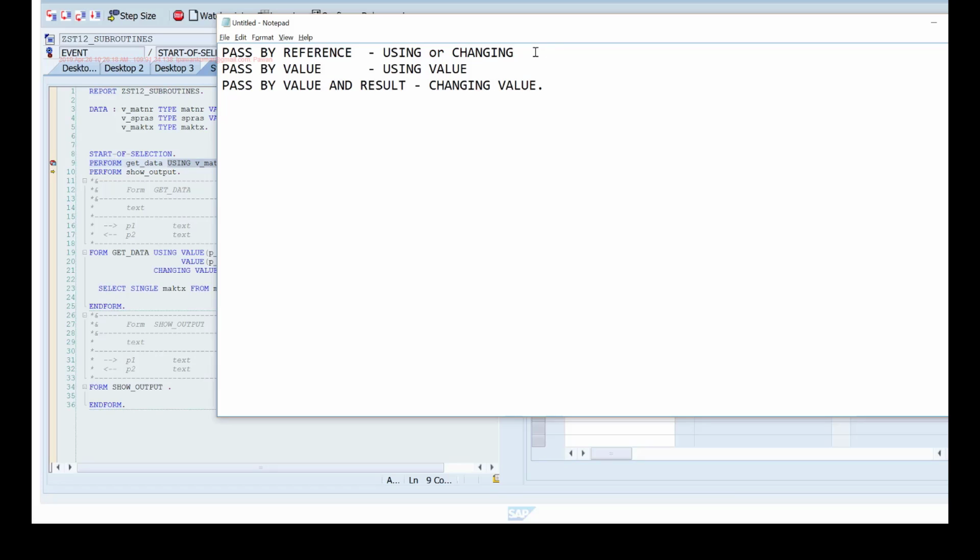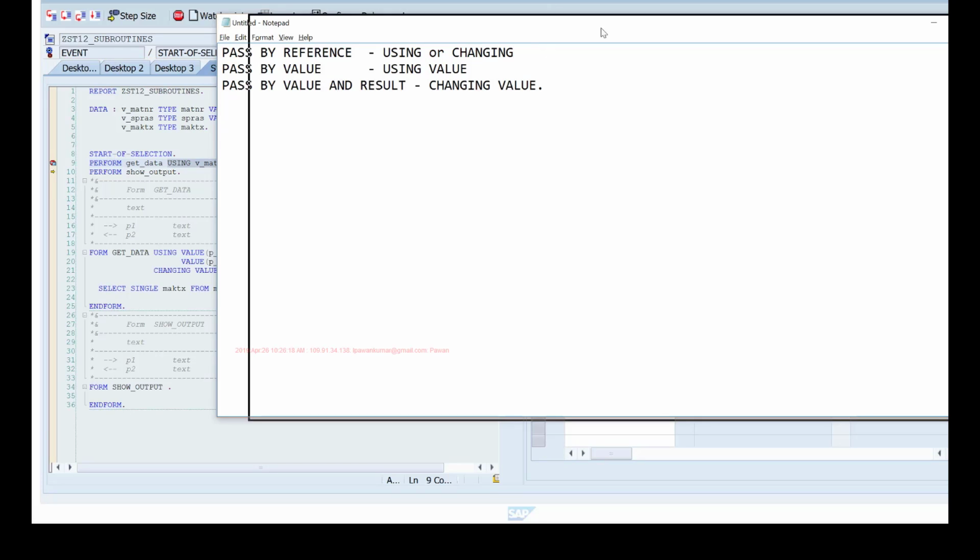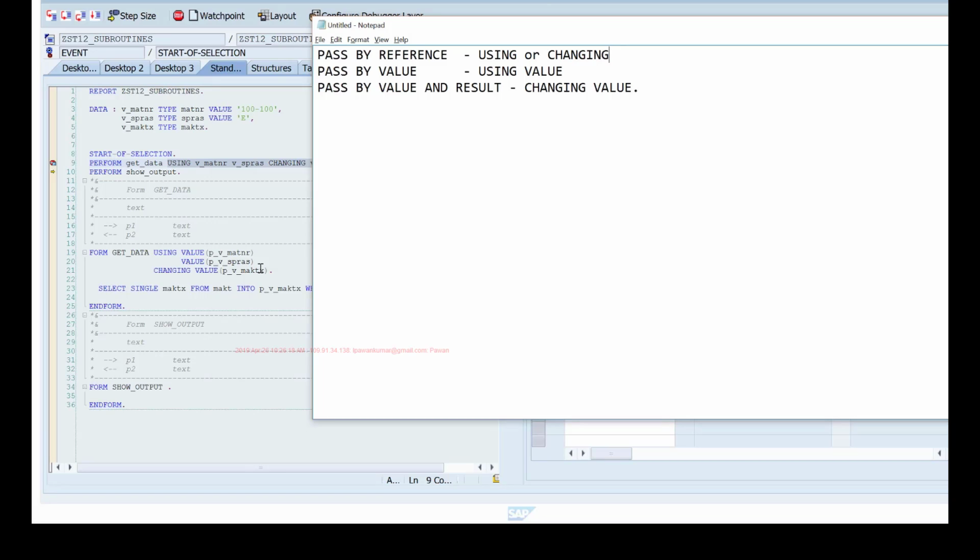In pass by value and result, the syntax is changing value. If you say changing value and the parameter name, then the parameters are passed by value and result. In this case, it is similar to value, where a copy of the original data is created and your actual parameter will point to the original memory. Your formal parameter will point to the new memory. The only difference is that the contents of the new memory will be copied back to the original memory after the end form is executed.